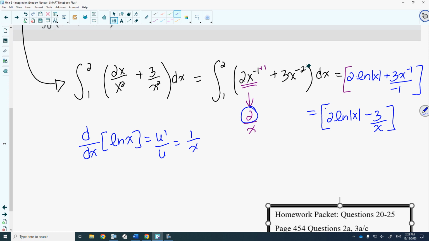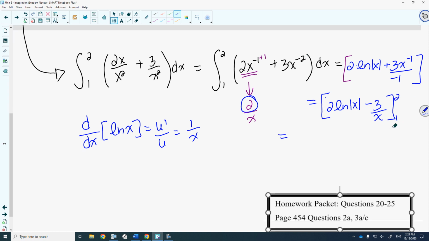Our integral was from 1 to 2. You're going to sub in f of b minus f of a. So we're going to have 2 ln, absolute value of 2 is just 2. So 2 ln of 2 minus 3 over 2. That would be f of b minus